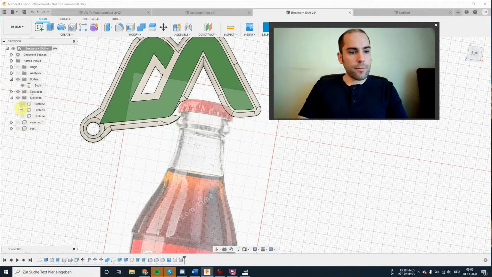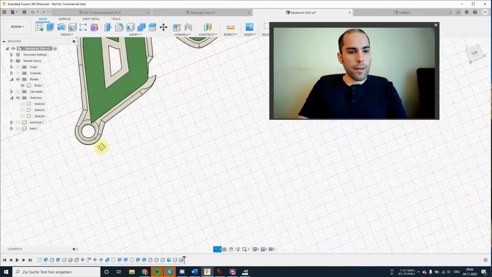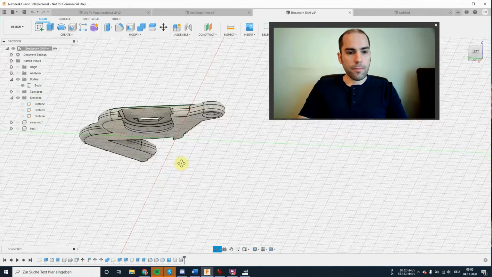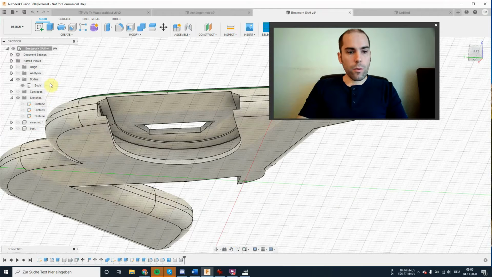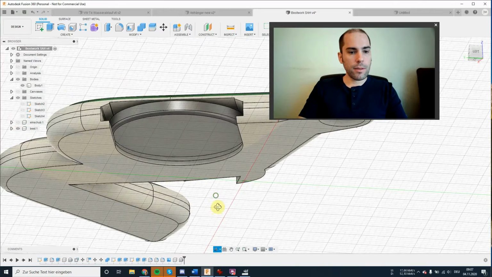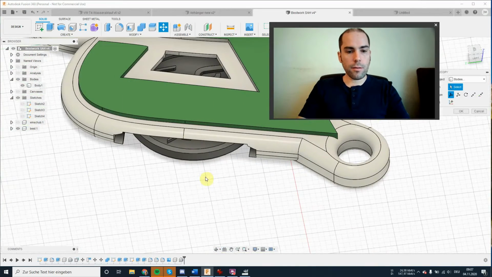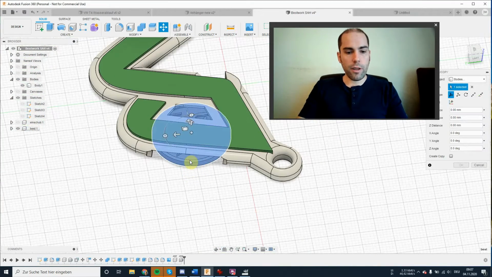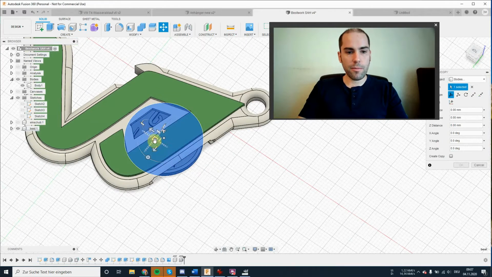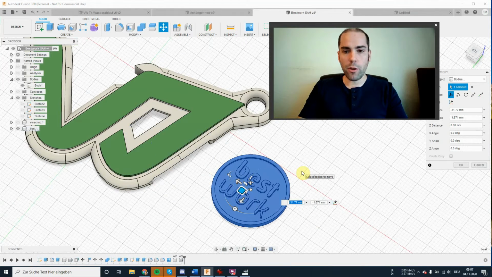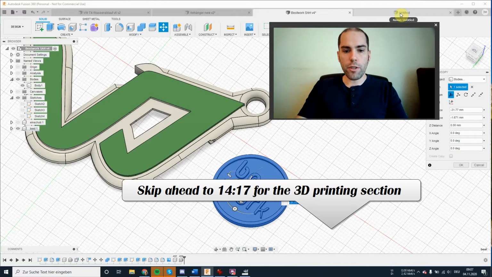And it also has this slot here, which is a slot for trolley tokens or shopping cart coins. So you always have one handy if you need a shopping cart, because you don't always have a euro coin. All right. First, we're going to design this, and then it's going to be 3D printed.